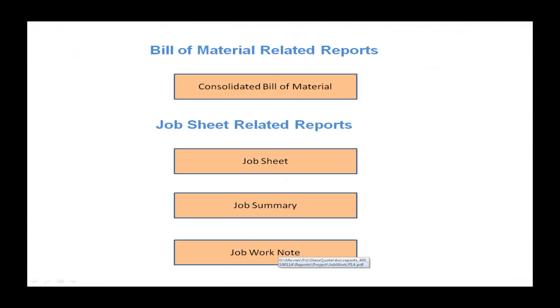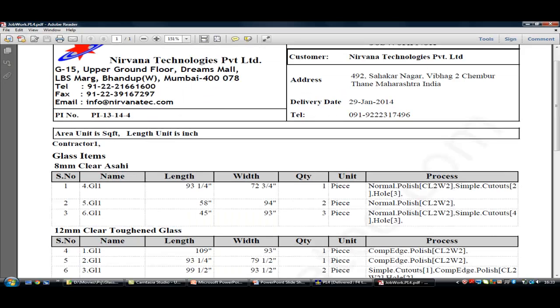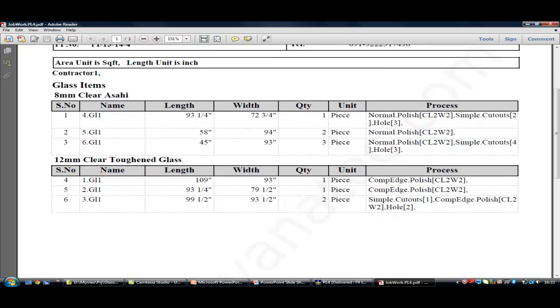We also have job work note. This is for contractor 1. You'll get the processes for the glass items.